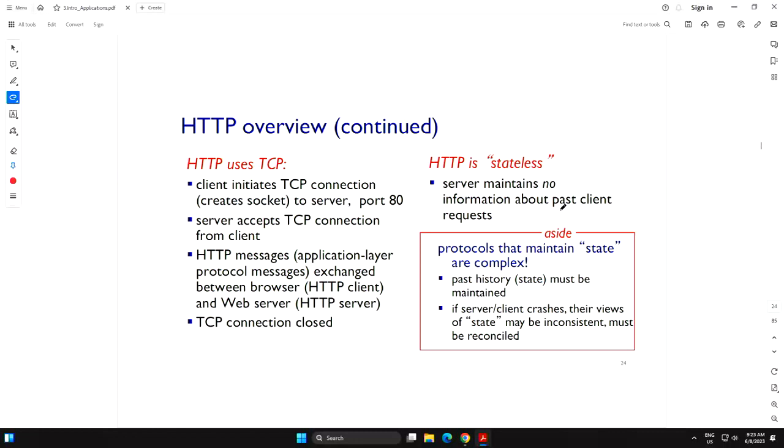HTTP is stateless, but it relies on TCP, and TCP is stateful. So TCP is very complex. Any protocol that you write which is stateful, which needs to maintain the states of every transaction, every transmission, is very complex because it has to maintain the state. It needs to know what happened previously. And that's why, for efficiency purposes, we try to be stateless. So HTTP is stateless, but it makes use of TCP at the bottom, so it doesn't worry about reliability. TCP will take care of that.